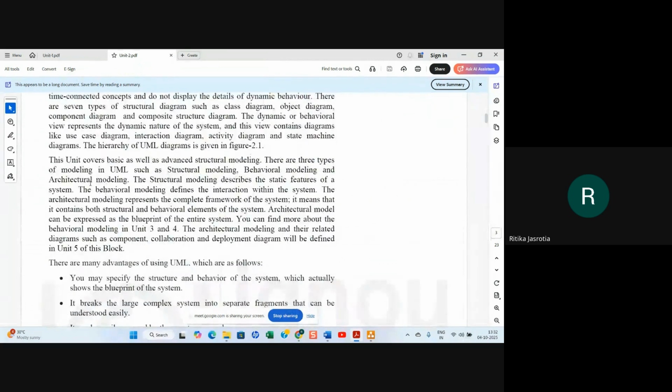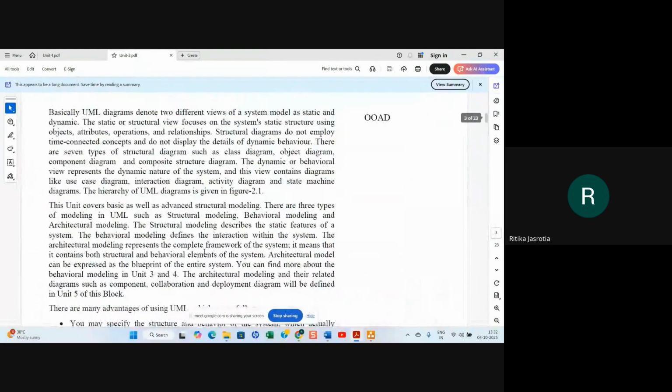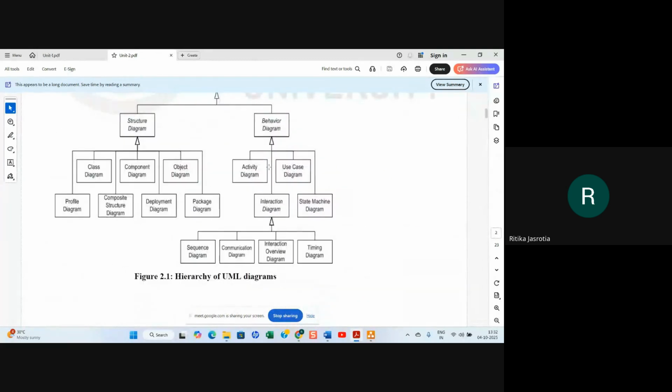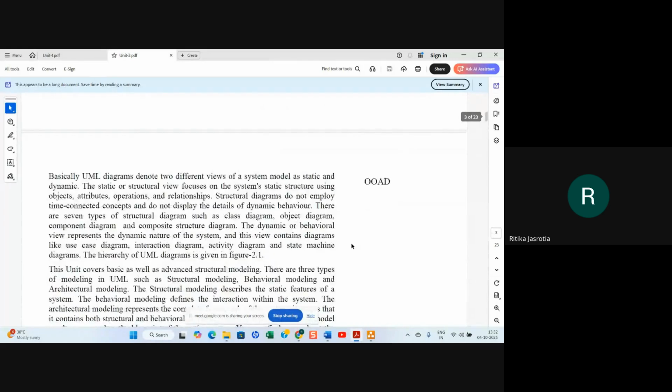And in behavioral diagrams, behavioral modeling, the dynamic or behavioral view represents the dynamic nature of the system, and this view contains diagrams like use case, interaction, activity, state chart diagram. So we will be studying 4 diagrams here,